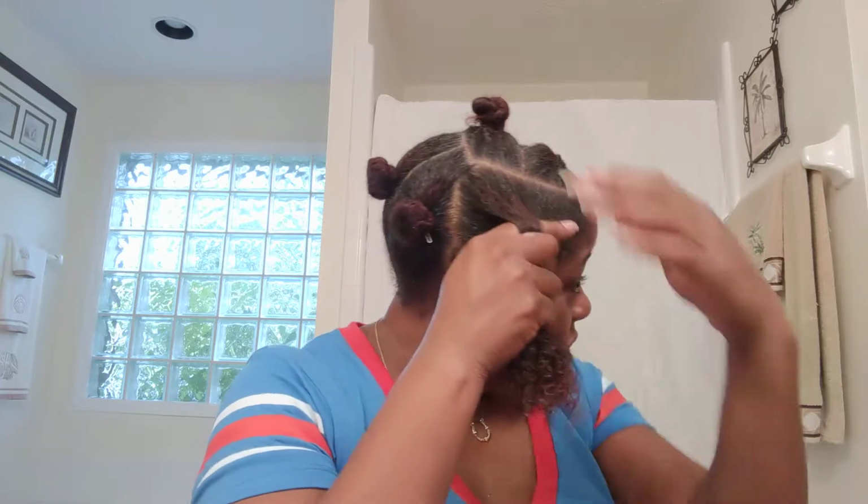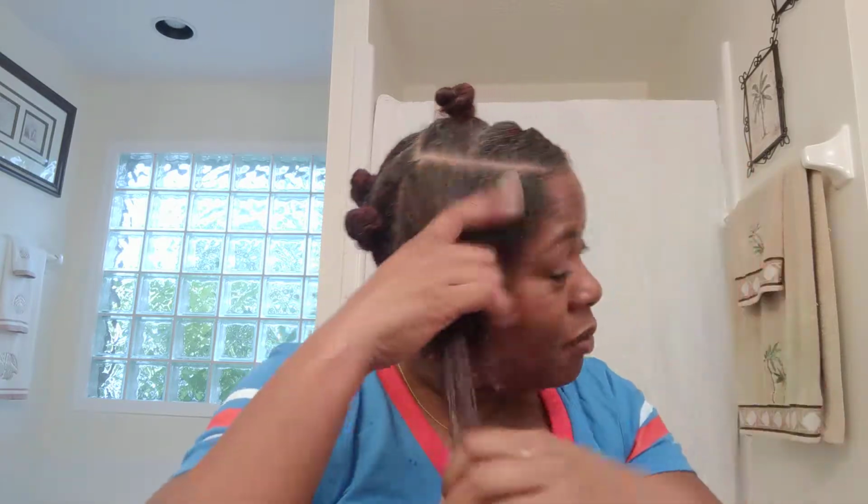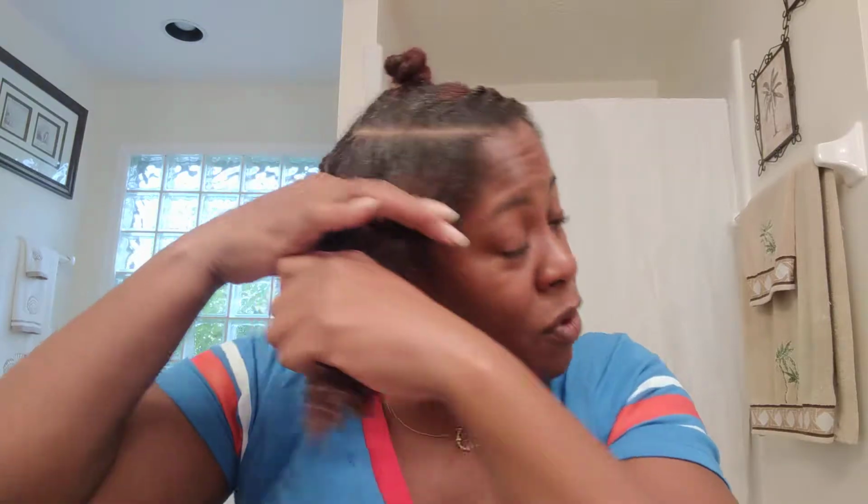Now, I'll show you guys something. Do you see how this side of my hair, I didn't even have to bounce it and it's already like curled up? That doesn't happen on this side. It's only on this side. So, you see how that's all like, oh my God, look at those curls. I cannot do a wash and go to save my life. I just can't. I used to start from here and then braid it down, but again, the curls are just too tight. So, what I'm going to do, because I want loose curls on this side, I'm going to split this down the middle,